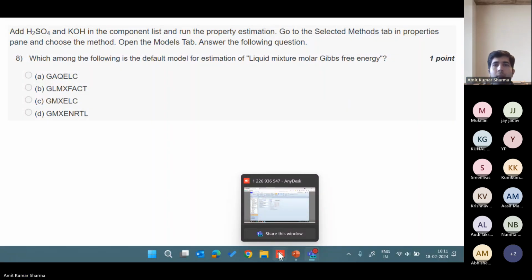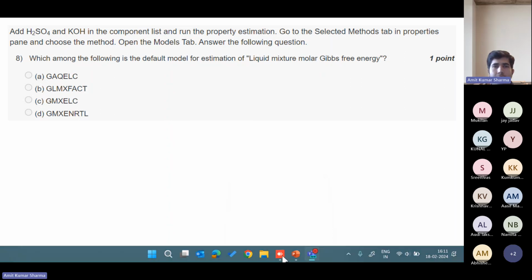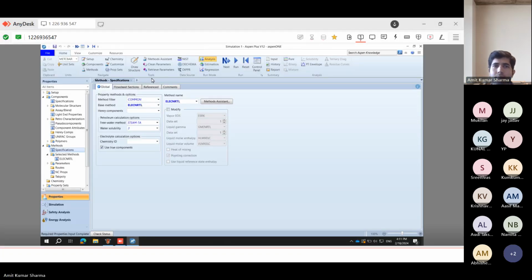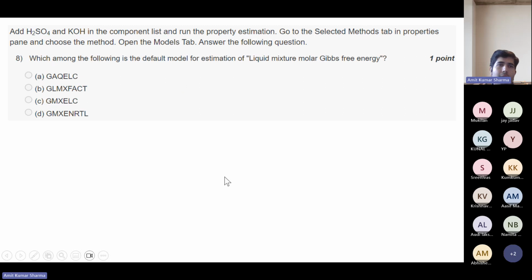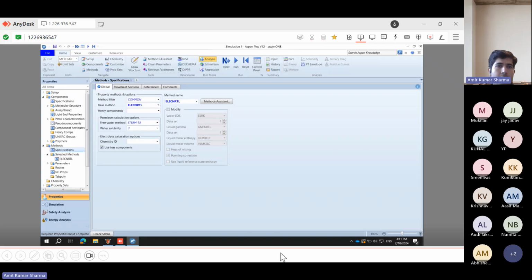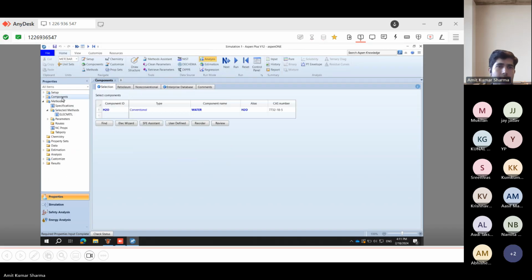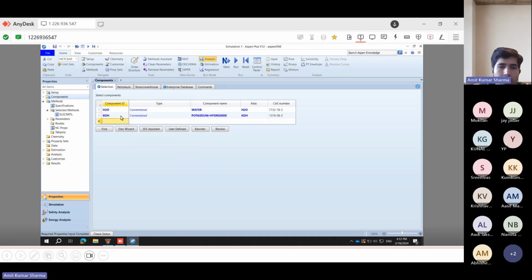So let's see it. We have already opened, as given in the previous question, a chemical template with electrolytes, with metric units. Okay, and now we are in this question. So we have to add 2 components, H2SO4 and KOH. First, go to the components, then add KOH and H2SO4.